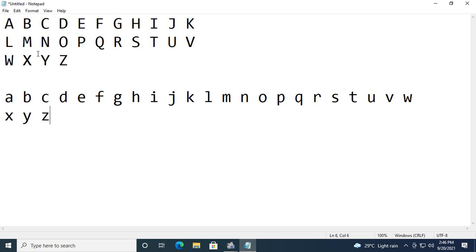Now once you have done all this, I will show you how to type a word. See here children. Now I am going to type computer. C-O-M-P-U-T-E-R. Computer. Give a space. Then M-O-N-I-T-O-R.